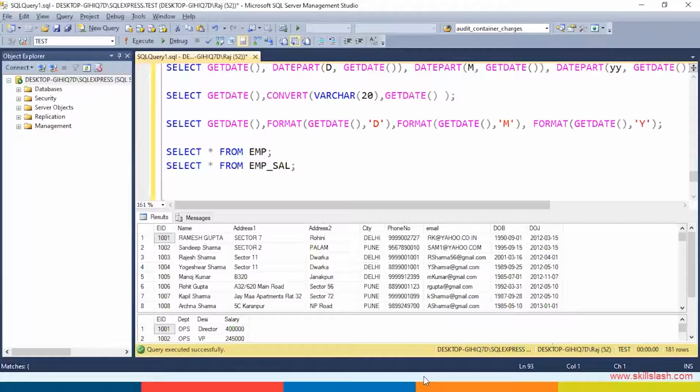Now, what is the challenge in this? The challenge is that we need the information from the employee table, but the criteria we are specifying is in the salary table.